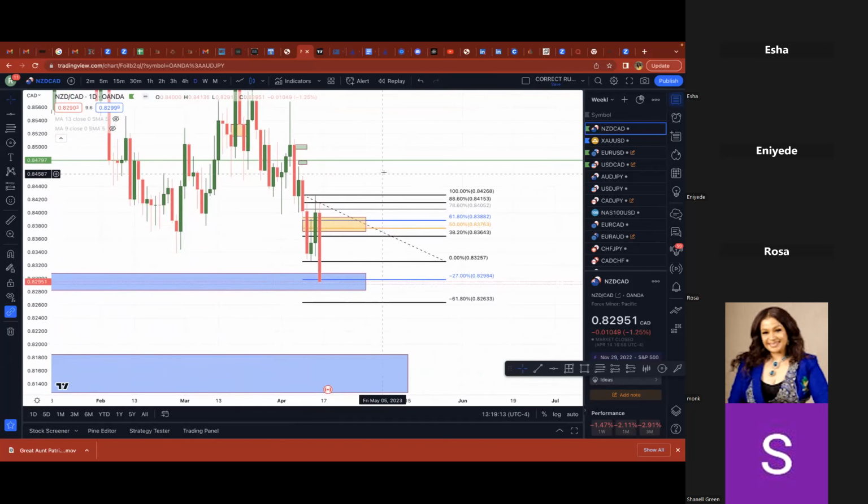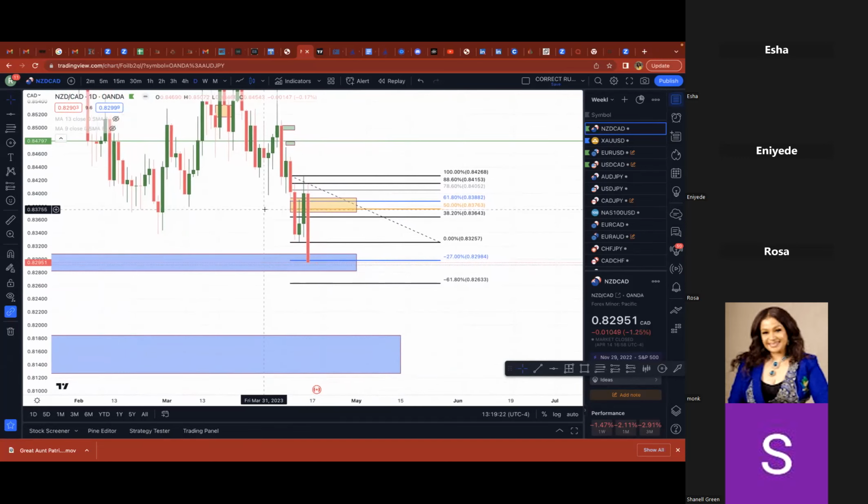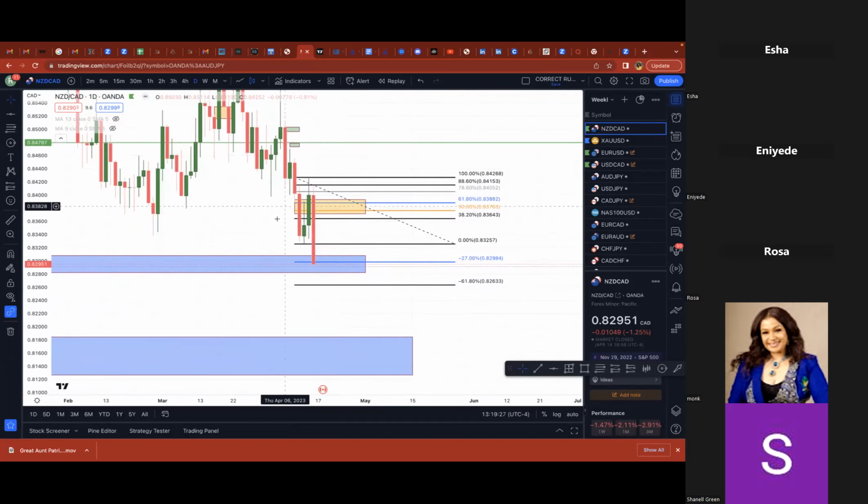I didn't get in. I was already in a trade, and I don't do more than one or two trades at one time, because that's risking too much. And I don't need to be babysitting, so I'm practicing not babysitting. So we see right here, price, this is where our 100 is. We have our correction candles here, and we put our fib at the top here, and at the low here, where our retracement began.